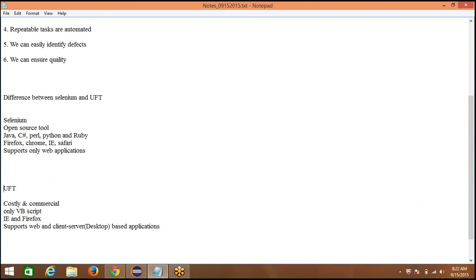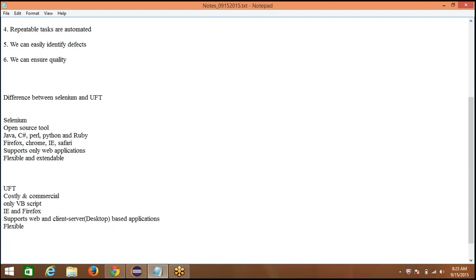And coming to this perspective, since Selenium is open source, it is very flexible. I mean to say there are so many features, and we can also write some code and get approval from the Selenium people. That is, we want to extend the functionalities of Selenium. Okay, it is flexible and extendable, whereas in UFT we can't extend any features since it is commercial. We have to use the features provided by HP only. Okay, these are the differences which I recognize from my experience.